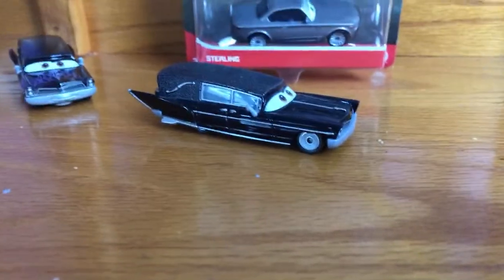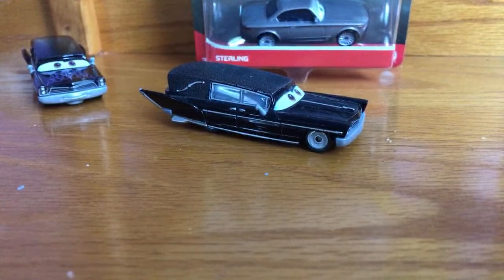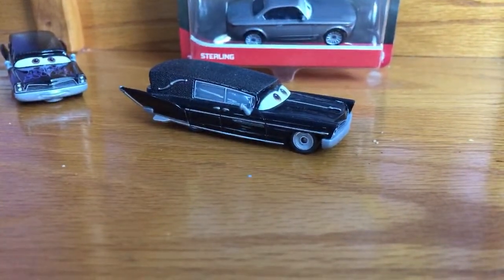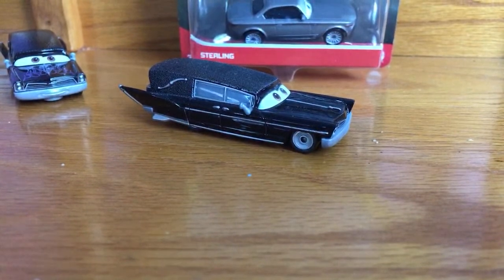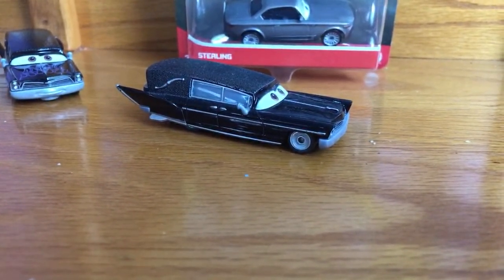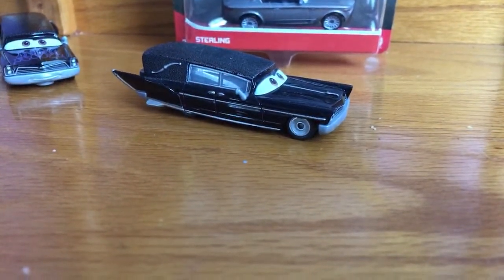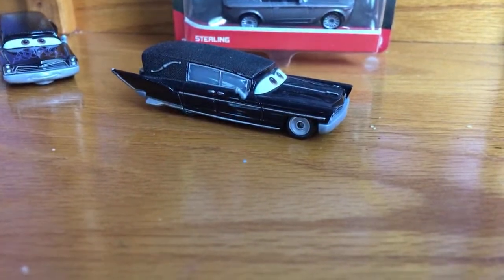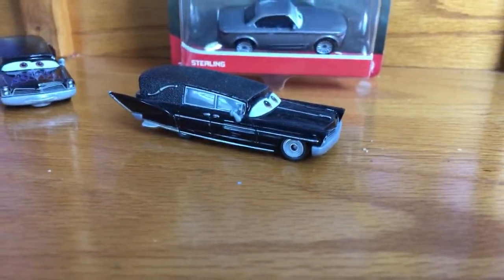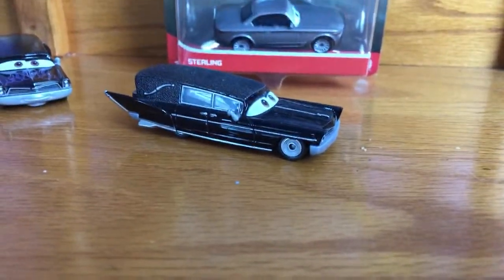But that's something I'm going to be exploring in its own series, probably in November. I want to make this enough to be a whole series. So I'm going to wrap up How I'd Write Cars 3 in October. I have two or three episodes left. And then I'm going to start this series where Lightning, which won't be a voiceover series, will be acted out with the diecasts. I'm going to be starting the series where Lightning ends up not working with...